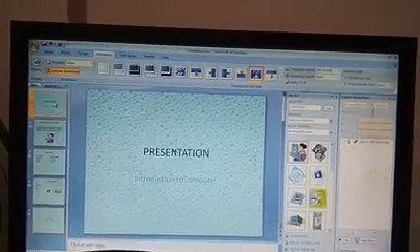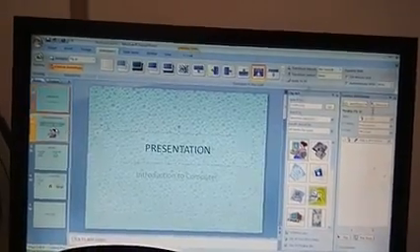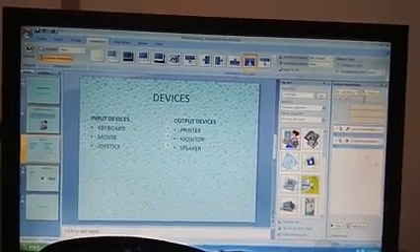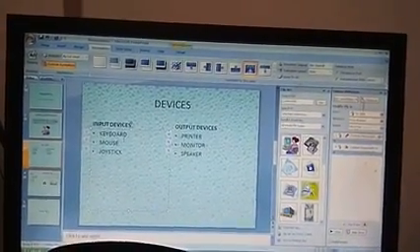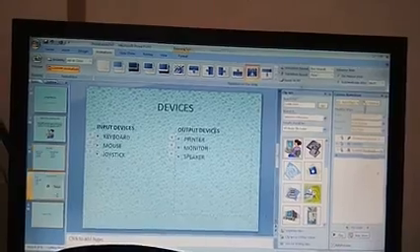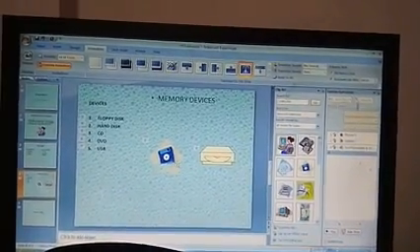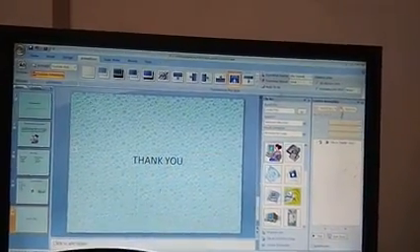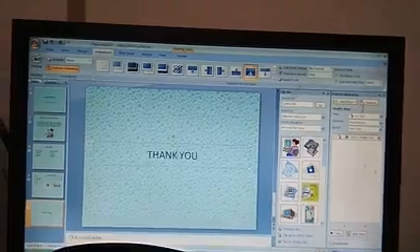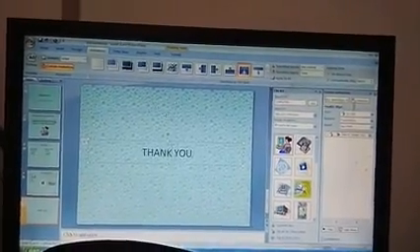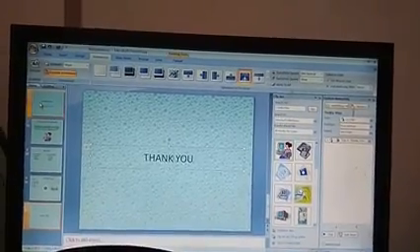For the presentation in the first slide, and for this one in the second slide, animation effect is given to the image. In the third slide, the animation is given to the keyboard, that is input devices and output devices. In the fourth slide, we have given certain animation effects to these pictures and the devices over here, and in the last section we have given animation to this section. So whenever you observe the video next time, look at all these 5 options, then you'll understand what effect you are getting, right?